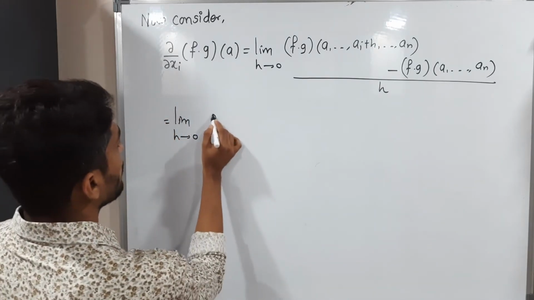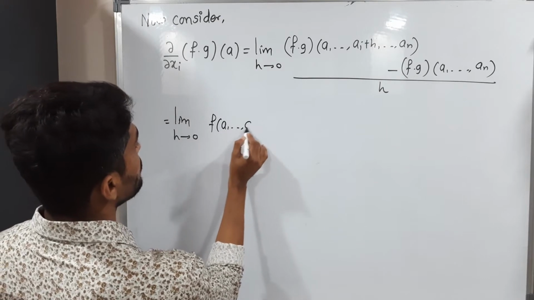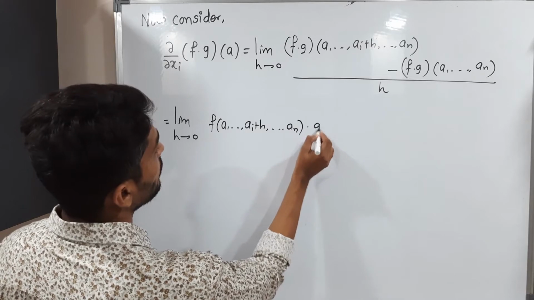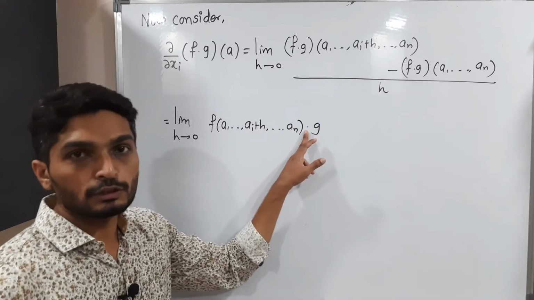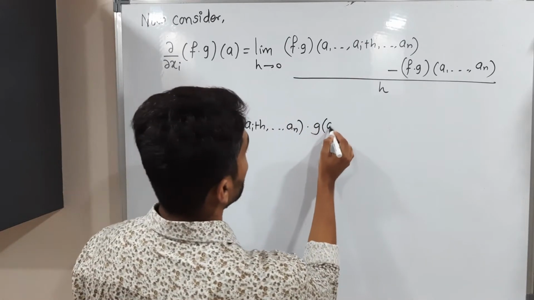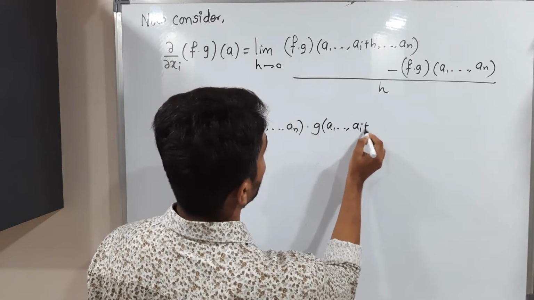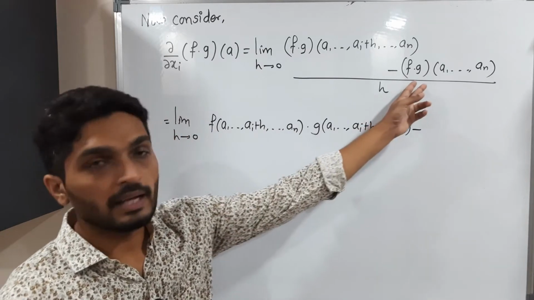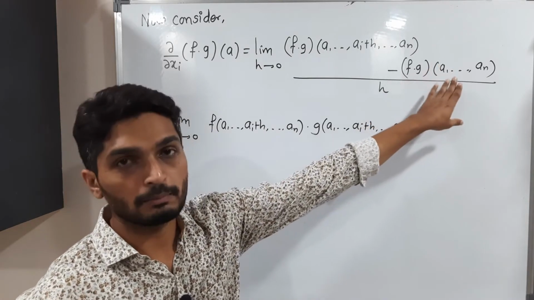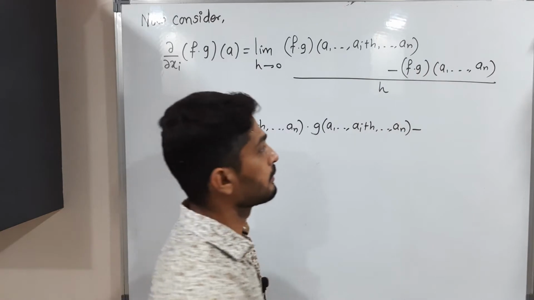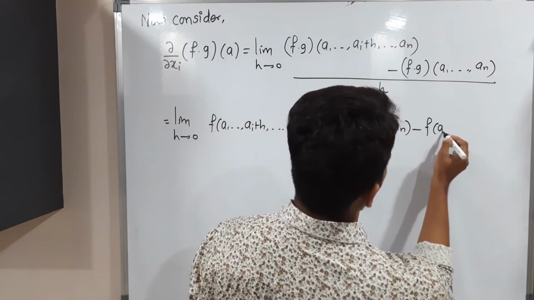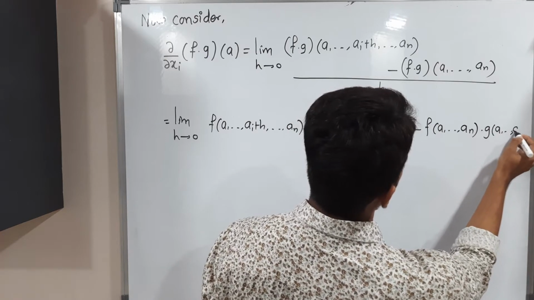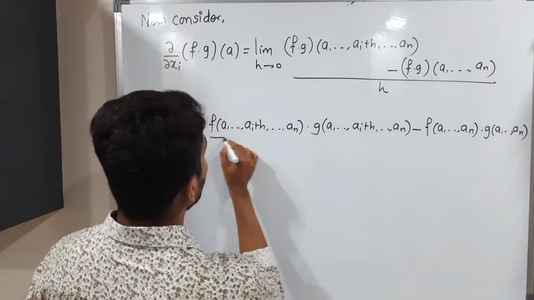Therefore f of a1, a2 and so on, ai plus h and so on n, into g of a1, a2 and so on, ai plus h and so on n, minus, same thing here, f of that bracket into g of that bracket, so f of a1, a2 and so on n into g of a1, a2 and so on n, whole divided by